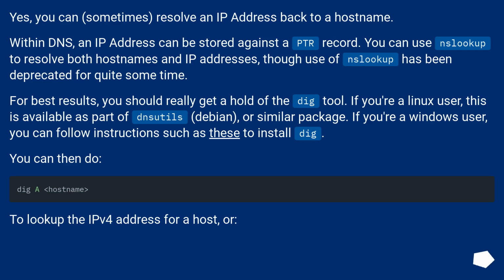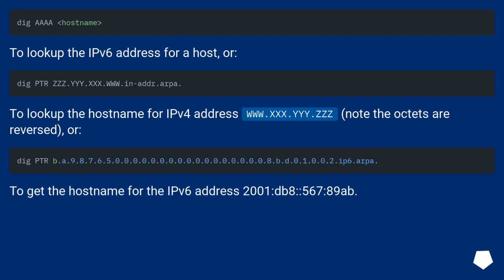You can then do this to look up the IP4 address for a host, or this to look up the IP6 address for a host, or this to look up the hostname for an IP4 address, note the octets are reversed, or this to get the hostname for the IP6 address